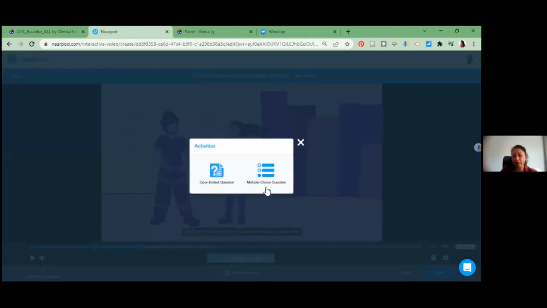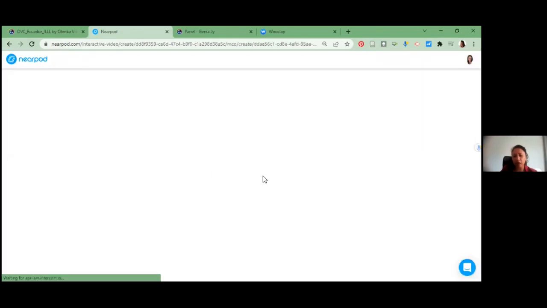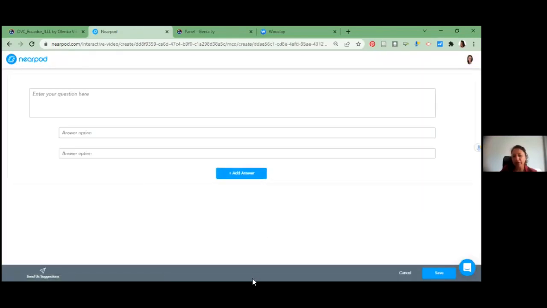So I add an activity, I put multiple choice, and the only thing that I have to do is exactly the same. I go to my Word document and put it here. It's not a characteristic of a good digital citizen. And then I Control-C and I put the different options. This depends on how you want the options.